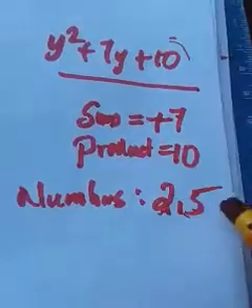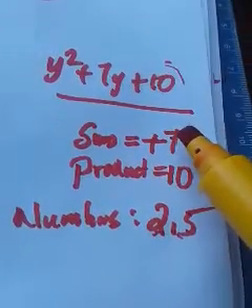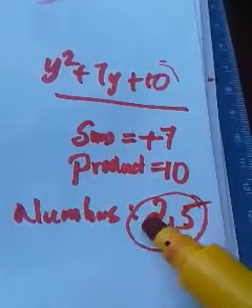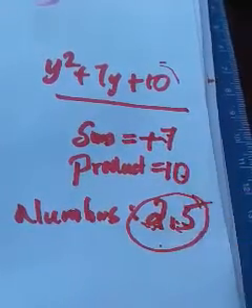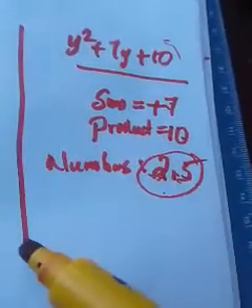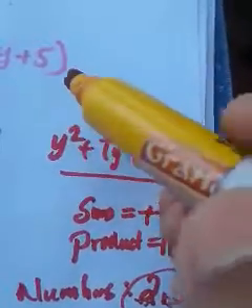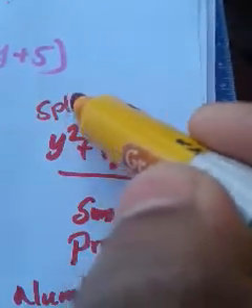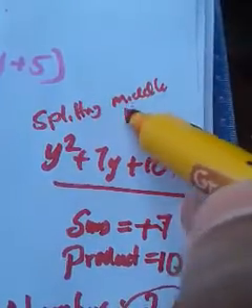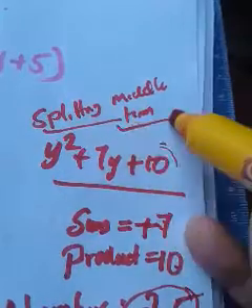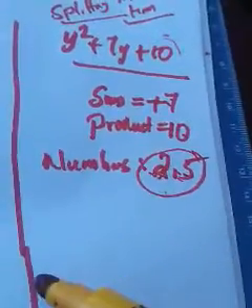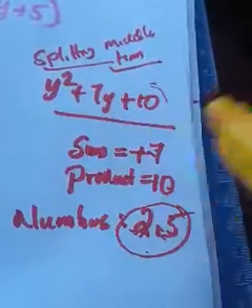That means these are the two numbers such that their sum is equal to 7 and product is equal to 10. So these are the numbers which we need. There is a name for this method. This method is known as splitting the middle term. We will discuss this method again in 9th standard. This method starts from 8th standard, that's why it came here in this problem.